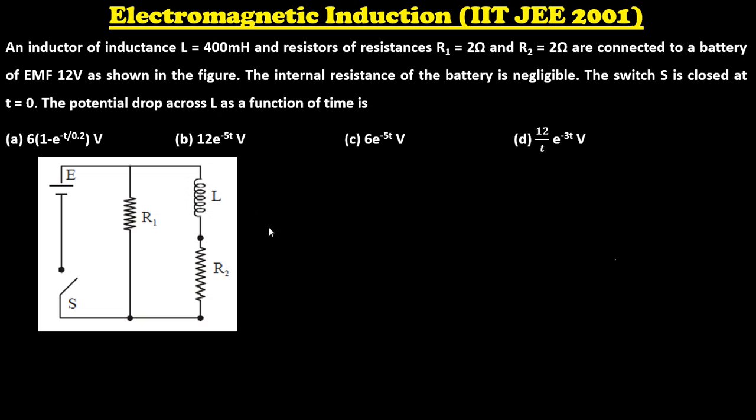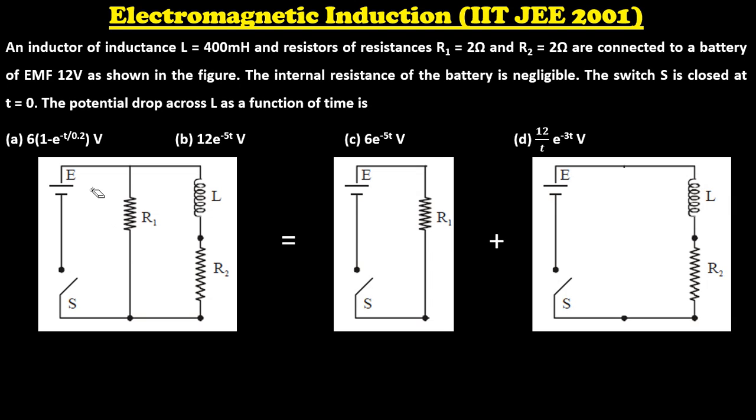So, basically, it is difficult to solve this problem directly. So, we can essentially take this problem into two small circuits, by taking one loop in this way, and another loop this way. So I can essentially make this into two parts. One part is this one, another part is this one. This is just a cell connected to a resistor. When the switch is just closed, the current will be passing through it.